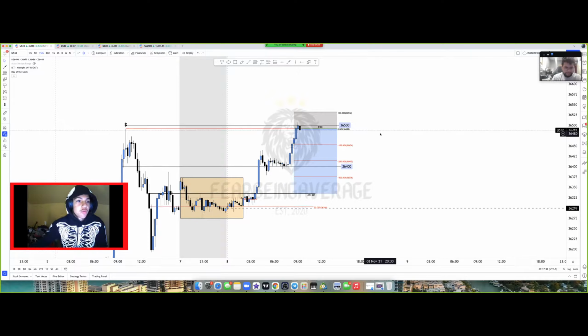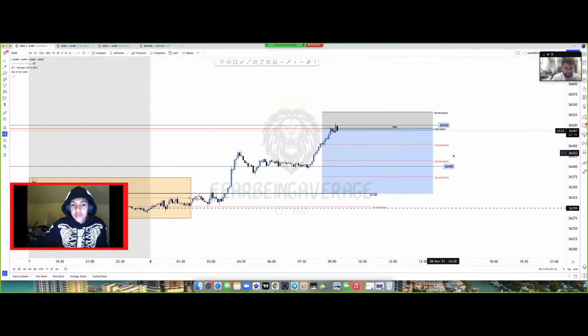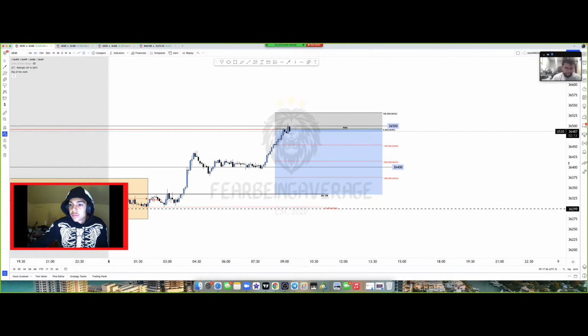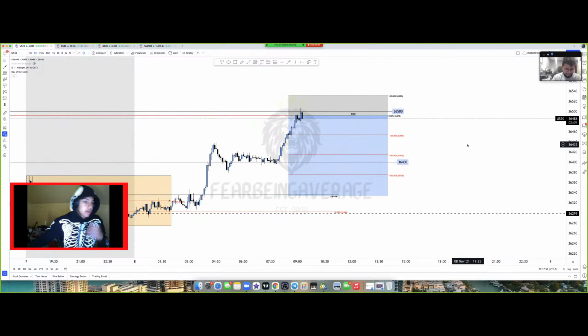If we're able to engulf this 5-minute candle though, I think we will be good. It's just gonna make it more likely for that 9:30 move. But hey, if we somehow get stopped out, yeah, I'm done for today. I'm keeping my loss at that. We'll be back tomorrow.